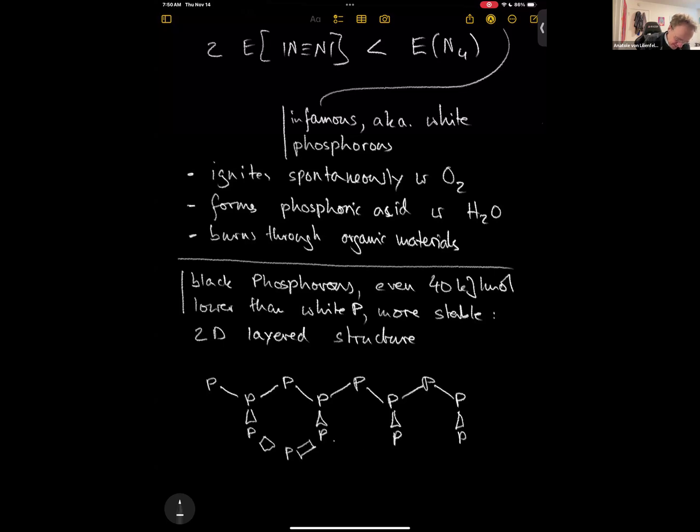So I'm drawing these bonds as thick bonds to illustrate that this chain is above the plane,